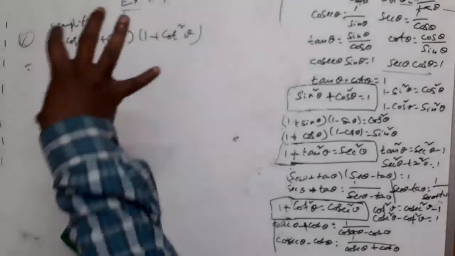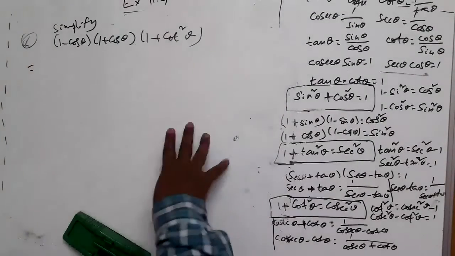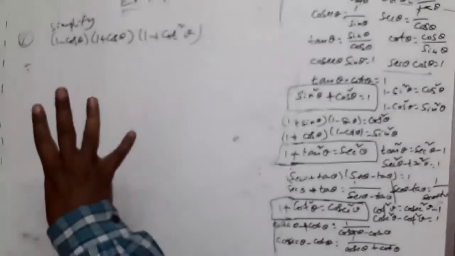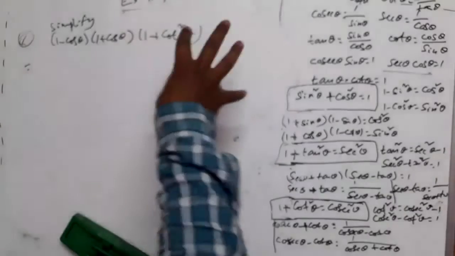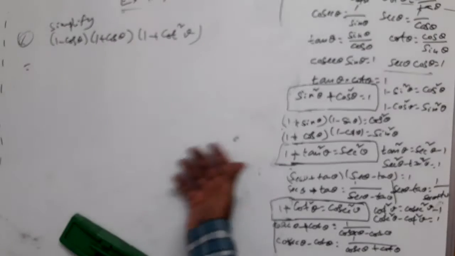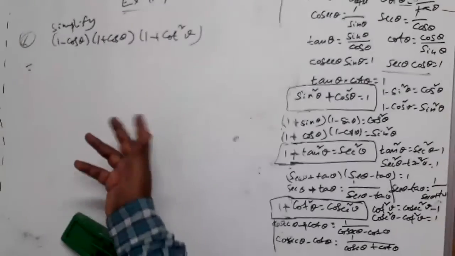If this expression is giving you a number, we don't know. Let us say this is given in a multiple choice question. What is the value of this? Options: 2, 3, 4, 1. Obviously, the question itself indicates that the resultant will be a fixed number, because only numbers are given as options. No cos theta is there, no sin theta is there. So clearly, in that case, you can simply use that method.